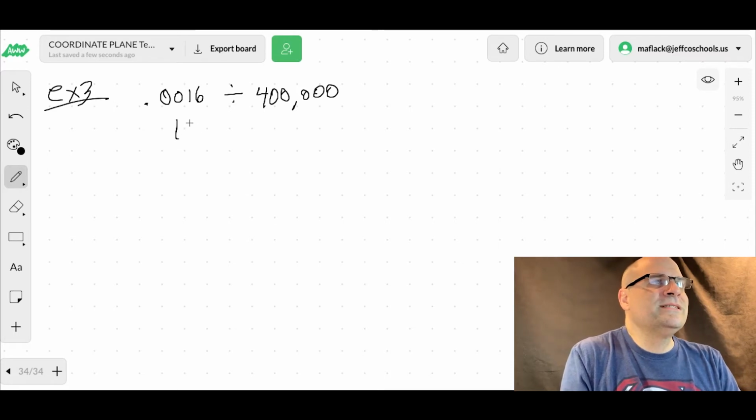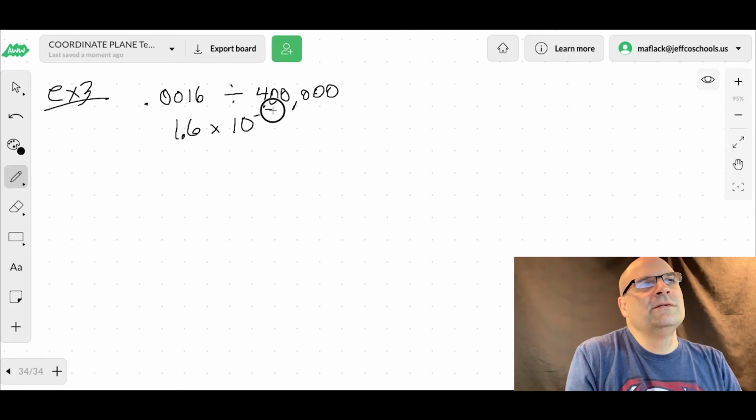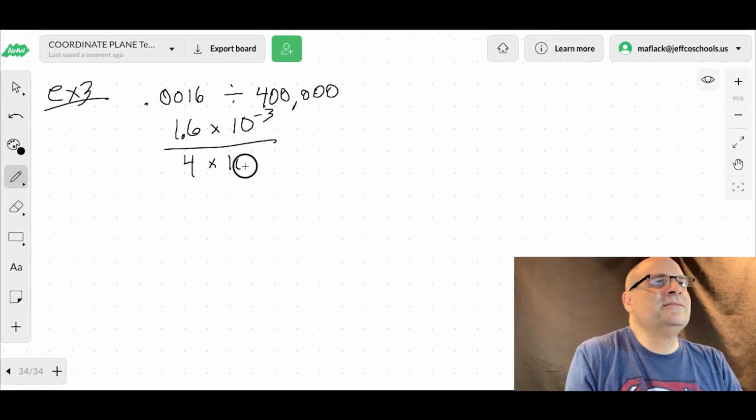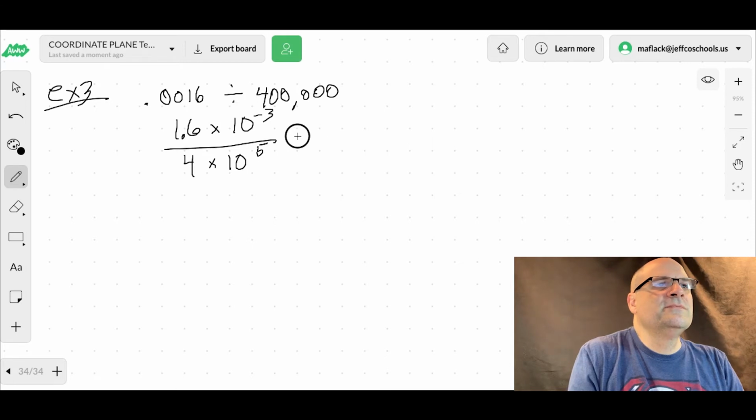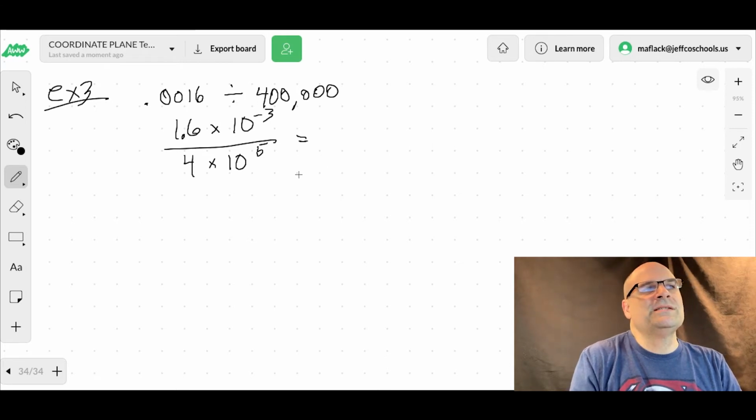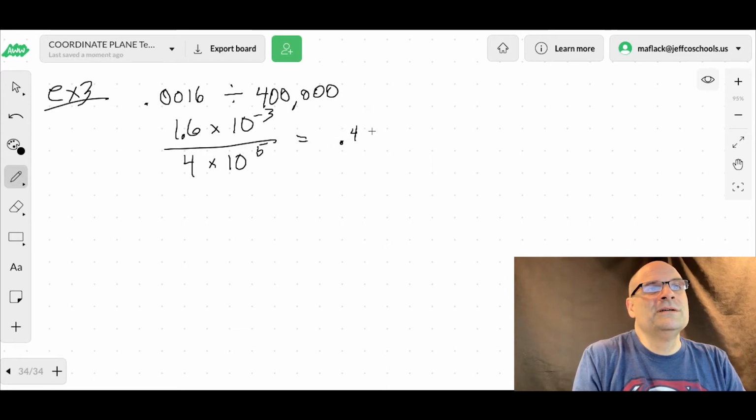So 1.6 times 10 to the negative third, all divided by 4 times 10 to the positive 5. So we're going to do that math. 1.6 divided by 4. Well, you can do that on a calculator, or 16 divided by 4 is 4. So 1.6 divided by 4 would be 0.4 times 10 to the, okay, now what do you do with these